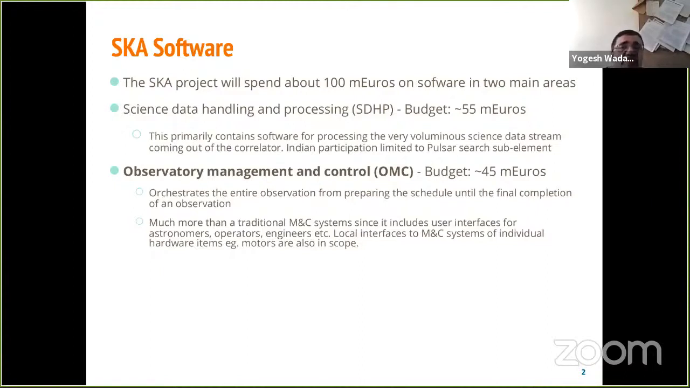As we shall see in a minute, the volumes of data that come out of the correlator are so large that it is not possible for us to adopt a traditional model wherein the data are simply stored and then analyzed at a later date. Because the data volumes are so humongous, there is simply no way that we can process those data at a later stage. It has to be done quasi real time so that the processed data, which is usually much smaller than the raw data, can then be stored and distributed to the SKA regional centers, which I'll describe